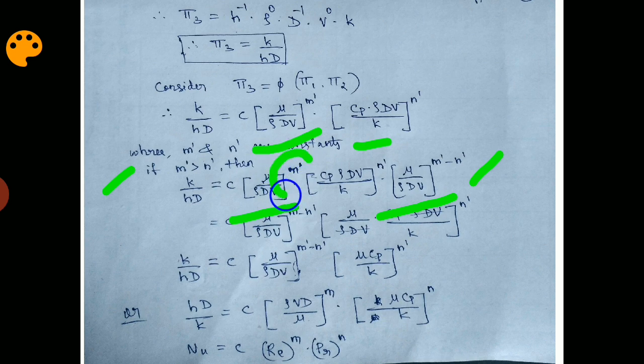Then what we have done, where you can see here m and n are constants, we are assuming one thing: if m dash is greater than n dash, then we can write down like this. So just see the adjustment here. This m dash term is written as m dash, and here we have taken m dash minus n dash. Okay, so this is actually n dash. So here we have taken first term and third term.